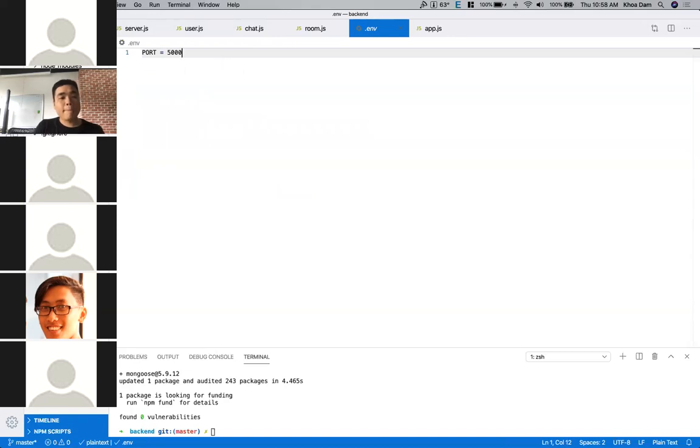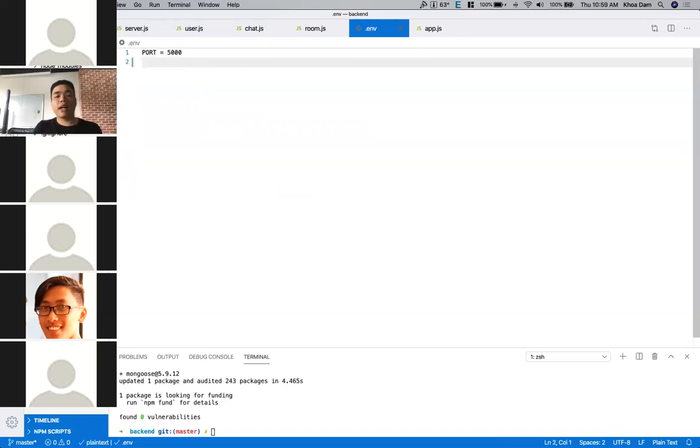So here we need to define the URL to our database. I'm going to say db equals mongodb. This is the URL. You already know how to do this a couple of times. Localhost, the default port number for the MongoDB server, and let's say test chat. This is the name of the database, so you can name it anything you want. I'm going to call it test chat, save it,